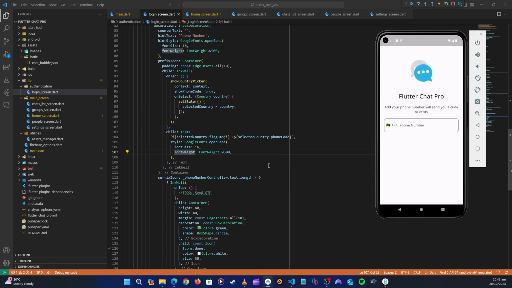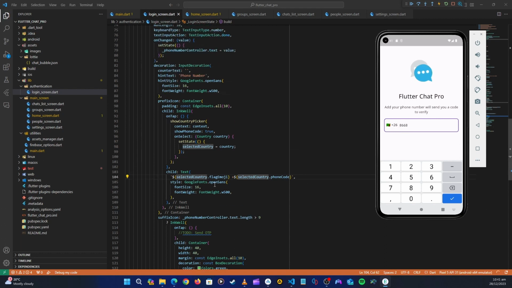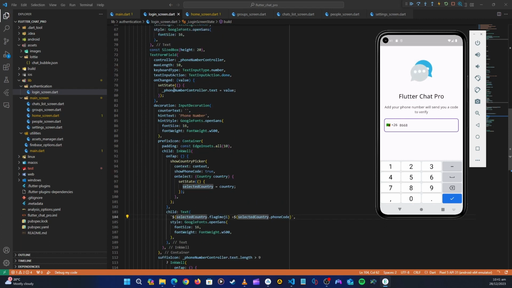So in this video, let's just do some quick fixes on our alignment in our authentication screen. We can see that this text is not aligning properly here. Okay, so let's just fix that. So to fix that, we need to go on our suffix, a prefix icon here. So this padding here, let's change this from